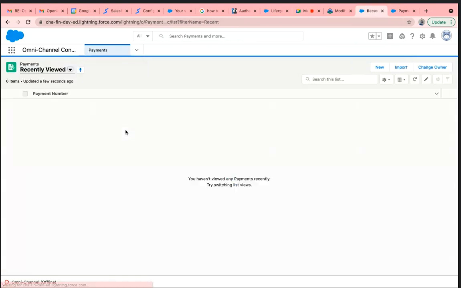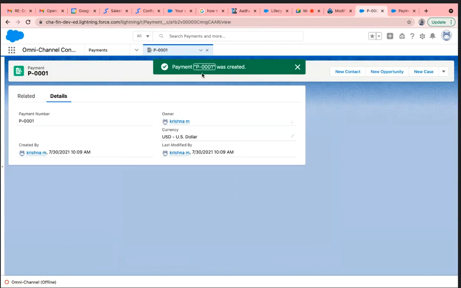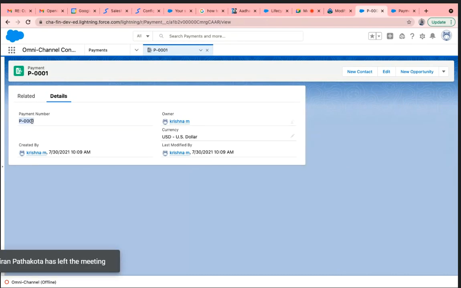Now I want to click Payment. It is open. Okay, you can see when I click new and I just click save, I didn't enter any data, but payment number is automatically generated. How did it come? It came because of the read-only field, the auto number, so that it is automatically generated. Till now clear, everyone? About auto number, you got it, right?